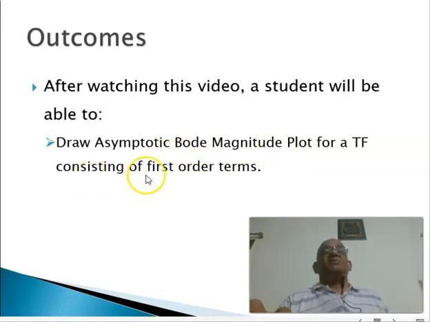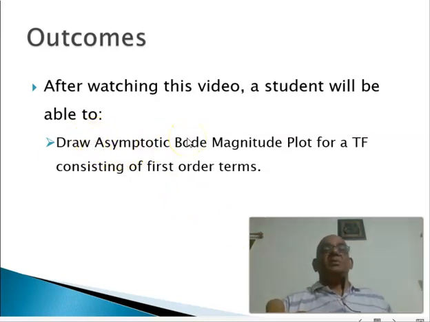For a transfer function consisting of first order terms alone, the Bode magnitude plot for first order terms is what we are going to see in this video. We will see 3 example problems, and through those example problems we will bring in several features of this